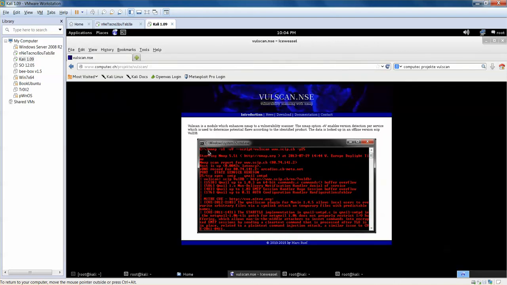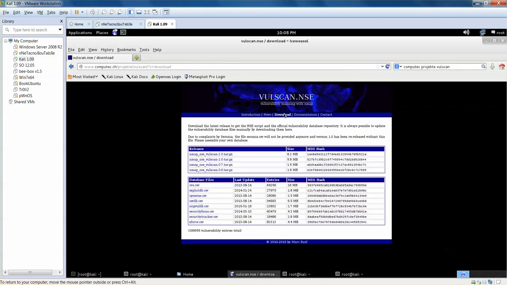So I'll just simply right-click, and this will open up this particular script. This script was designed by, I think, a German vulnerability research company. What we'll do first is download the script itself. It's in a tar.gz format, 8.2 megabytes. What this script does is it scans a particular target using different predefined reference databases